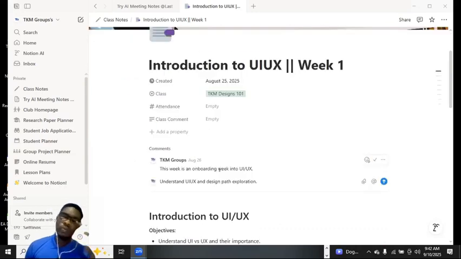We have Adobe, Adobe XD, InVision, and other tools that they use in creating mobile apps, designing mobile apps and web apps. But for this class, from beginning to the end, we're going to be using Figma. I'm going to show you how to create an account on Figma and how to download Figma on your system so that you can start using it for learning and practicals.